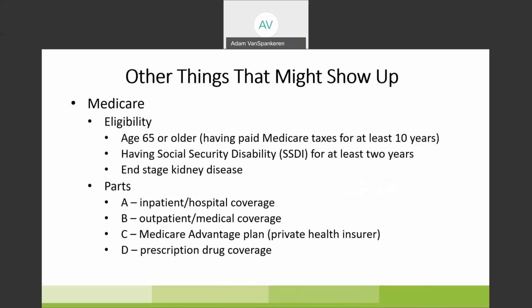So some other things that might show up. Medicare, this is not an exam to become a licensed Medicare agent, so there's probably not a lot on there, but I believe there's something. So thinking about eligibility broadly, age 65 or older, I doubt it'll go into the detail of having paid Medicare taxes for at least 10 years, but it might. It's that same concept with Social Security of 40 quarters of taxes. So 65 or older, provided they essentially worked for at least 10 years,